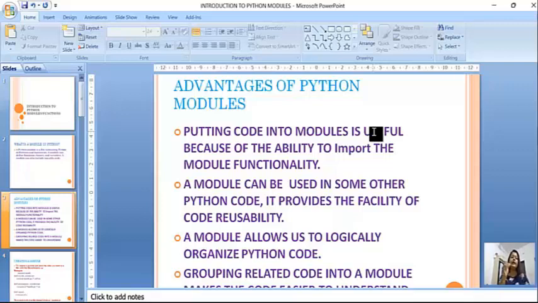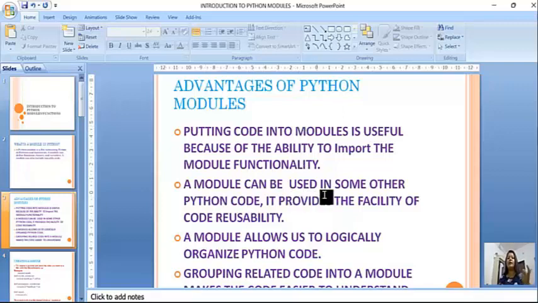If we import that math library, then the functions present within that math module, like the sqrt function and pow function, so many functions, we can access without writing any code to get that sqrt function or pow function. We only have to use it. So that is called